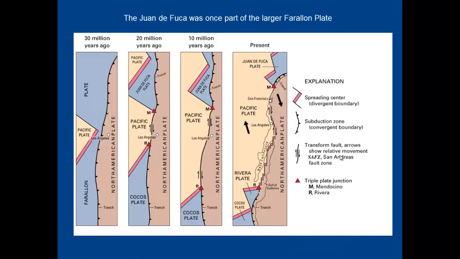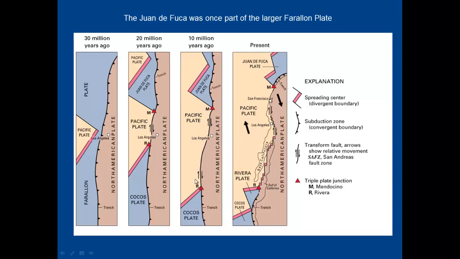Over time, that Farallon plate has been getting subducted, and what we see today are simply the remnants of that plate. 30 million years ago, the Farallon plate was getting subducted all along the North American plate boundary. But then 20 million years ago, the mid-oceanic ridge started to become subducted. As that occurred, a subduction zone plus a mid-oceanic ridge results in a transform boundary. San Andreas Fault began,